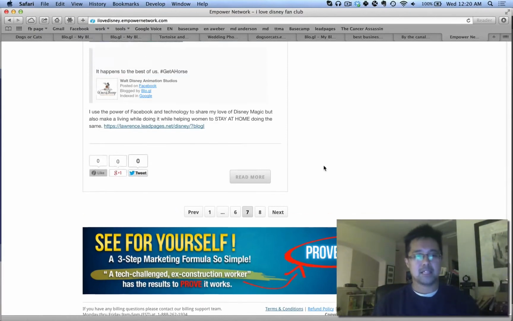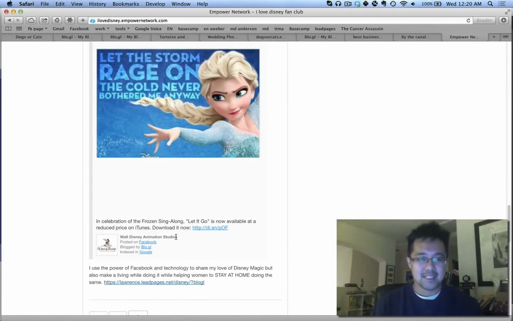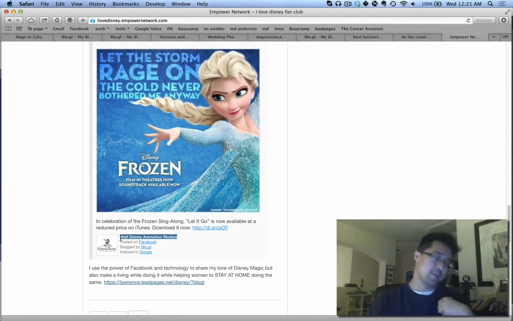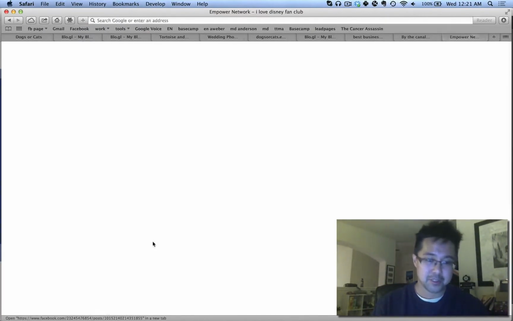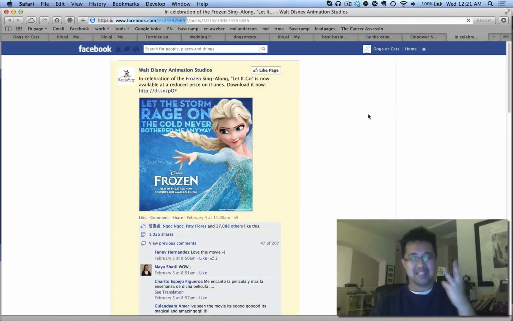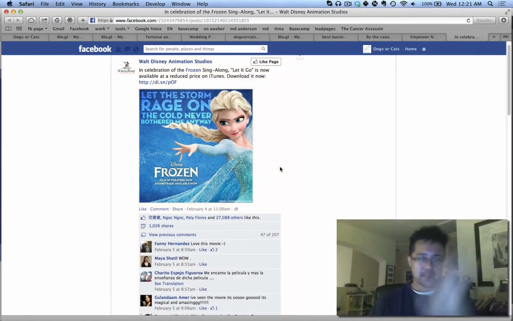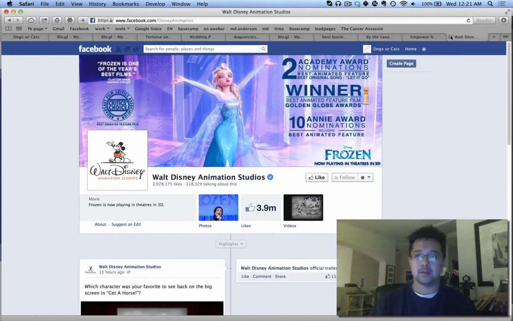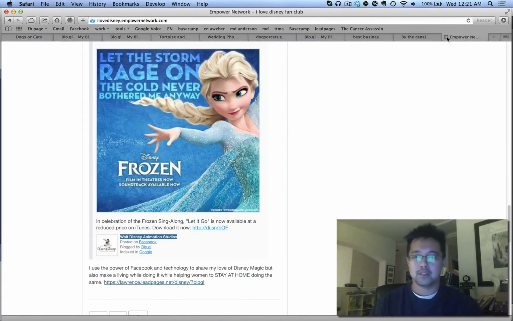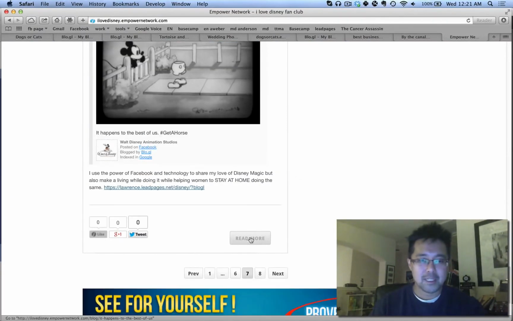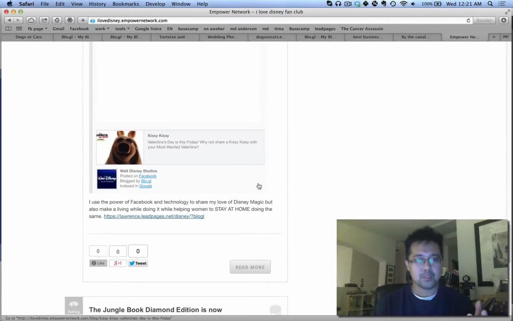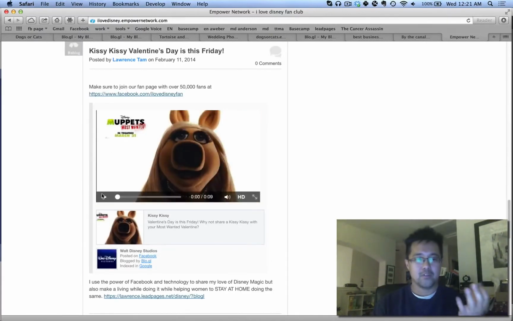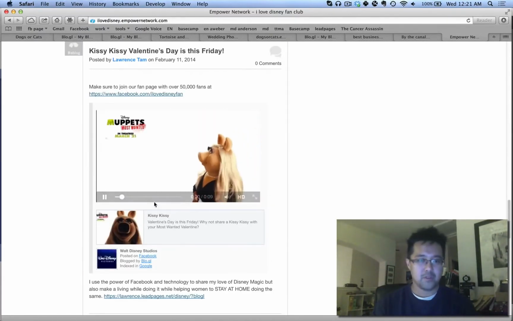So it takes one blast, and the cool thing is, this is from another page. I had one for my page, one for the Walt Disney page. This is the one from the Walt Disney Animation Studios. This is a different page. So I have at least 3 pages from the Disney one that it's pulling, and I'm giving them credit. It's theirs. They have 3 million likes on here, right? So I'm giving them credit, but the cool thing is it pulls it like a blog post. If there's a link, if there's a video, it'll definitely play the video.